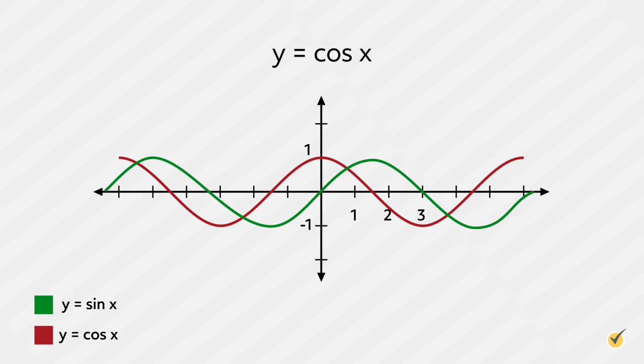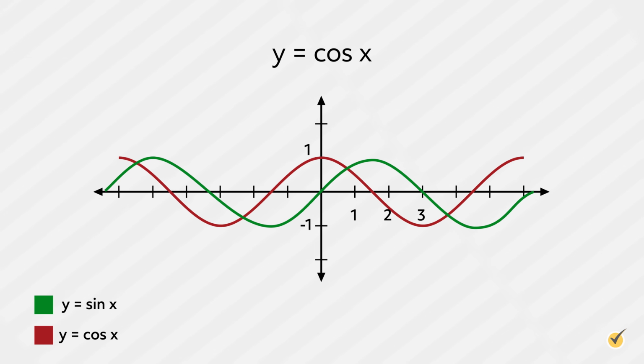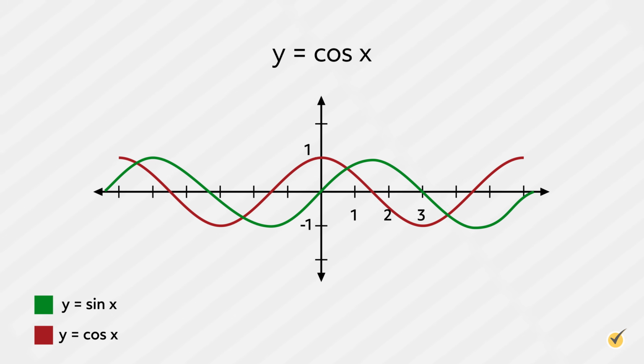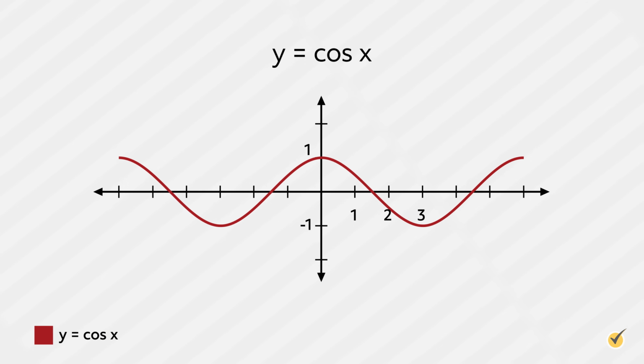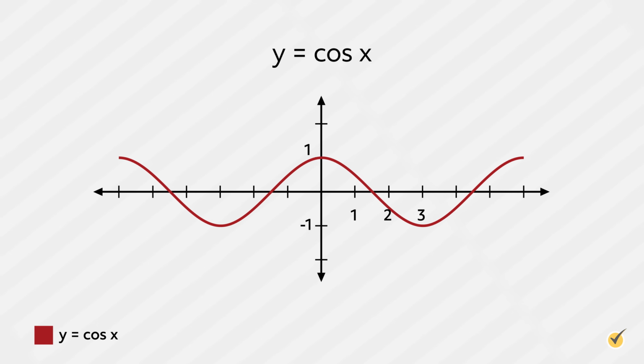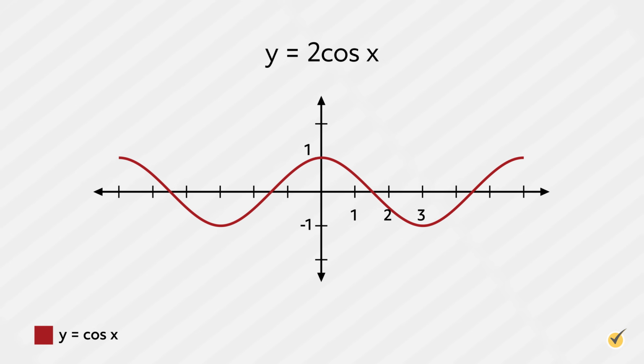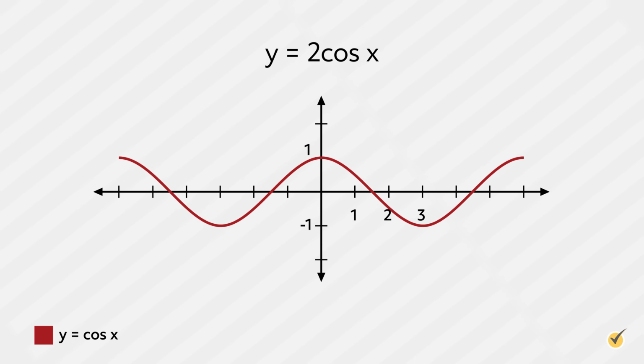Just like a sine wave, a cosine wave has a maximum y value of 1, and its minimum y value is -1. This is true when the cosine or sine function hasn't been modified. We can change the height or the amplitude of these functions by multiplying them by a coefficient, like this. Y equals 2 times cosine x. This will simply double the y values of our base function, y equals cosine x.